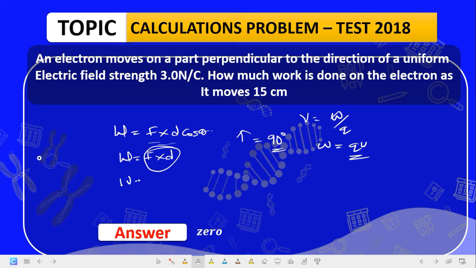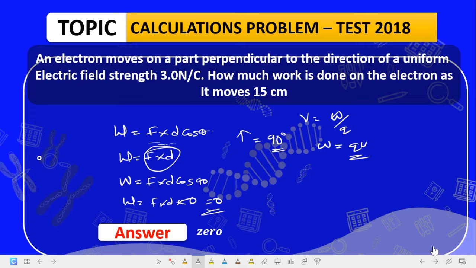So our W is equal to, if this angle is 90 degrees, it will be what? F times D cos what? 90, and W will be equal to, cos 90 is what? 0. F times D times 0 is what? 0. Anything times 0 at all is what? Is 0. Okay, so that makes that option the answer, where everything adds up to 0.